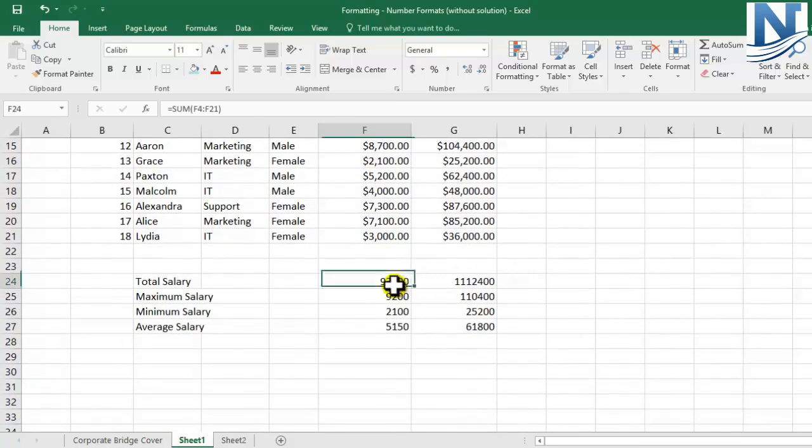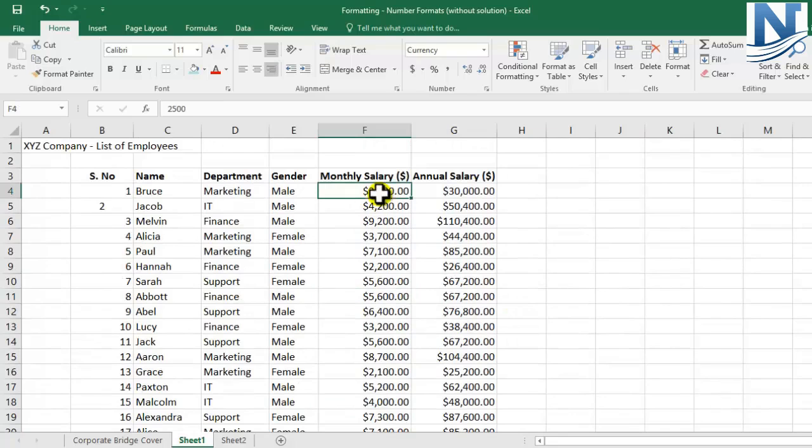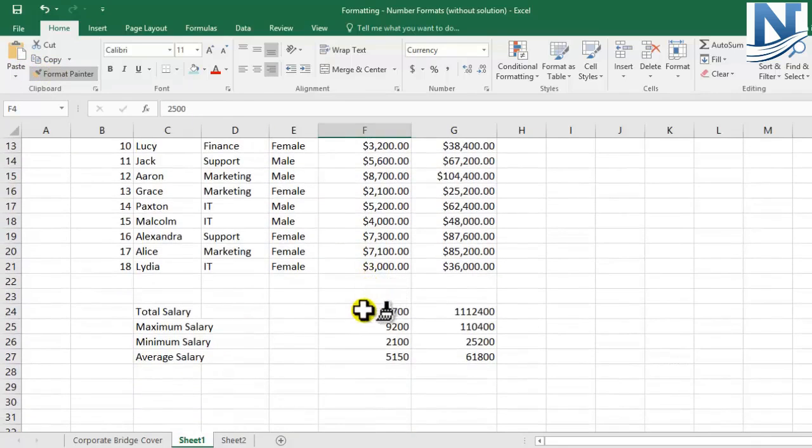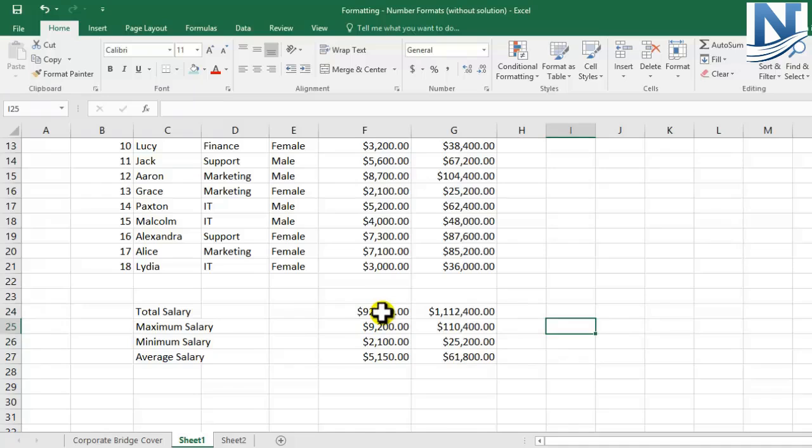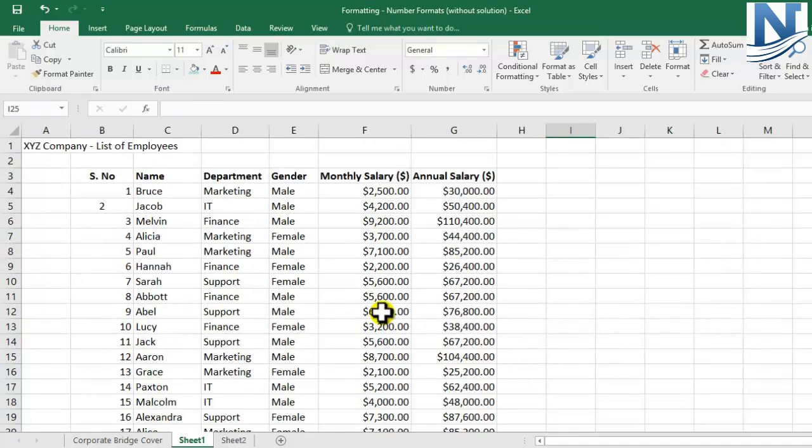Coming to the last thing that we have got, let's select the format painter again. I'll scroll down and I'll apply the format painter everywhere. Wherever you want to apply it, just hover your mouse over there and release it. So everywhere you will get the dollar sign, which is now available. Okay, so this was what we were talking about, the number formats. So formatting with respect to numbers is done. In the next tutorial, we are going to see some formatting with respect to text.